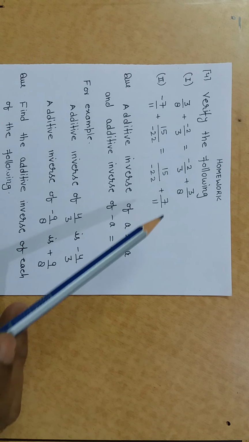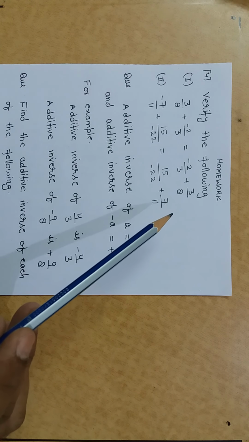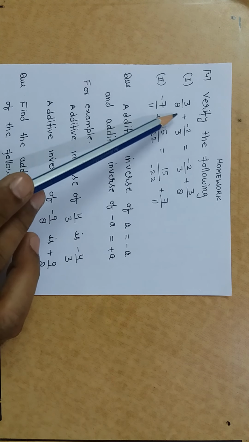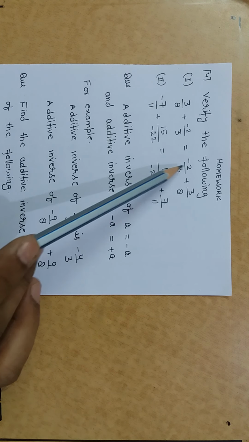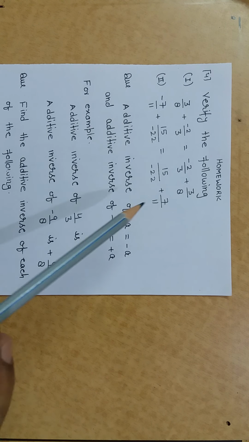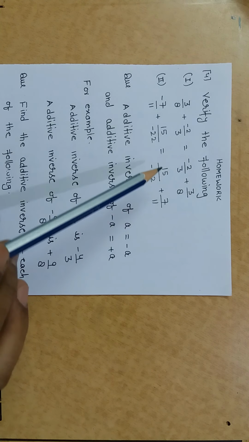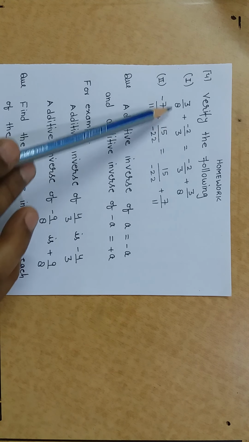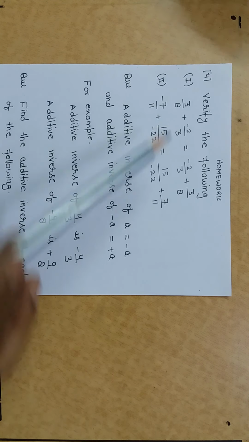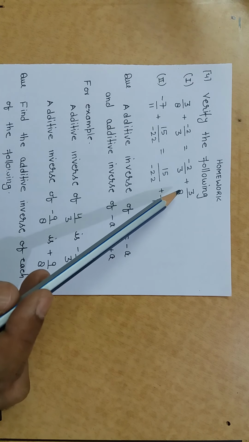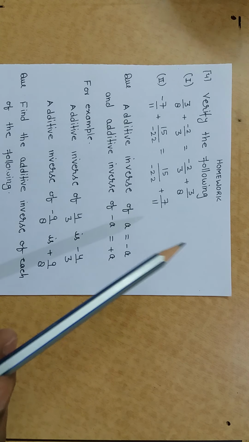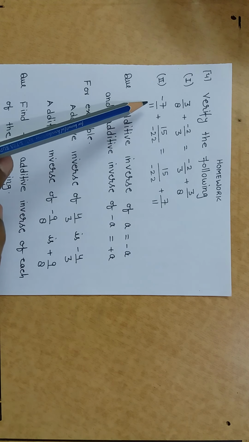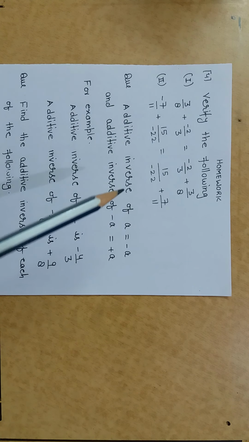Now you can solve question number 4 just like the previous question number 5. Here, verify the following: 3 upon 8 minus 2 by 3 and minus 2 by 3, 3 upon 8. For the first two terms, you should first of all change both fractions into like fractions, taking LCM of 8 and 3 as 24, and simplify. After this you can apply the same process on the right hand side, and you get the same result on both sides. You can apply it in the second part too.